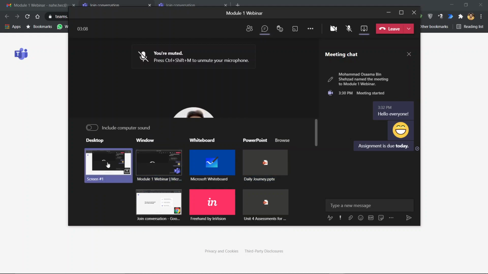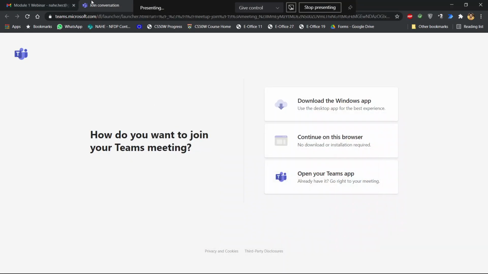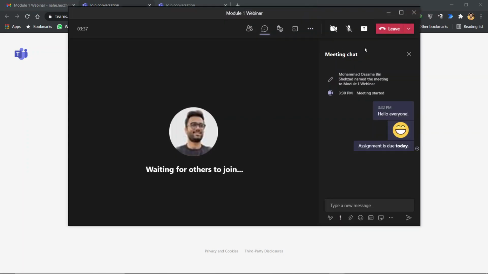But if you want to share, for example, just a Microsoft Word file or a PPT that you have opened, any file that is opened on your laptop will show up here, and if you want to share just that file, you can click on that file here. So this is how you share screen. For example, if I click here, now my screen is being shared. So I will just stop presenting, and now the screen is unshared.